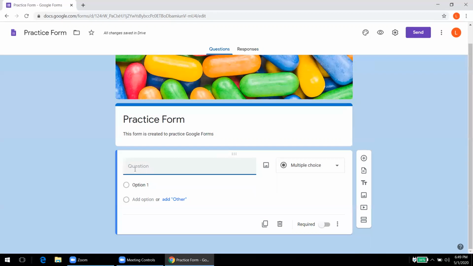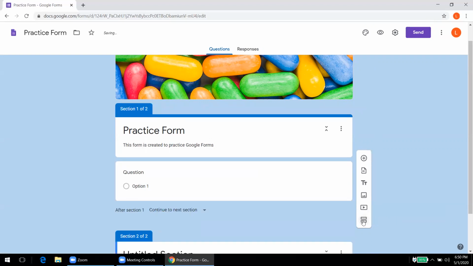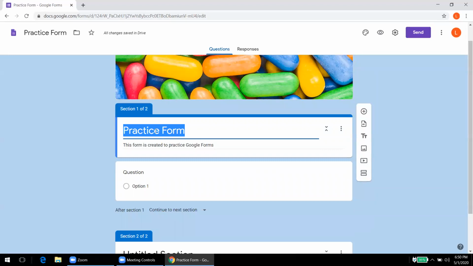Now, before a student is asked to fill a form, we can divide the form into different sections, where the first section can be, we can say, demographic details of the student. This is the button to add a section in the form. When I click this button, it will say add section, and a section will be created. So this is section 2 and this is section 1. In section 1, I can give a title to this section.